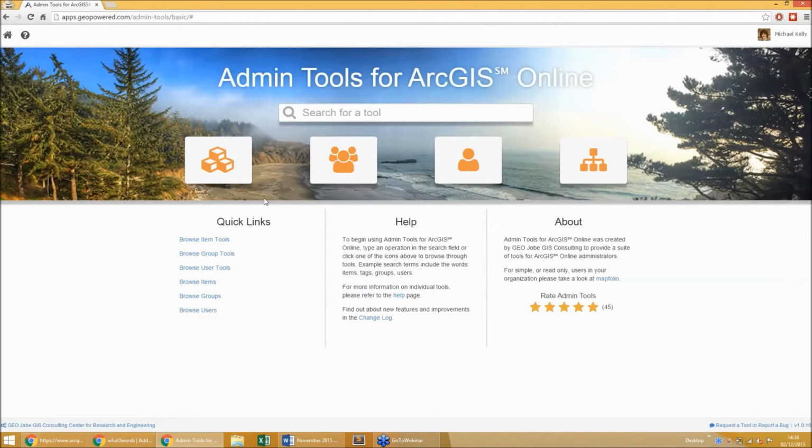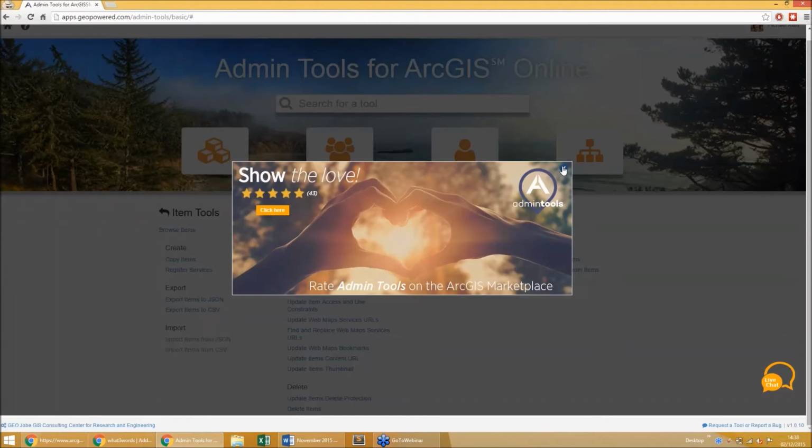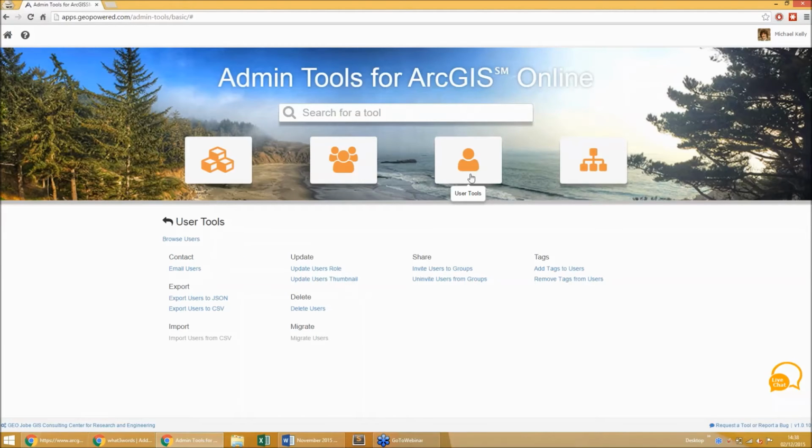And so this allows you to copy items, register services. It's very good if you're changing organization. There's lots of organization tools that you can use to clone your organization. You can add tags to multiple web maps, to groups, and you can invite users to groups.